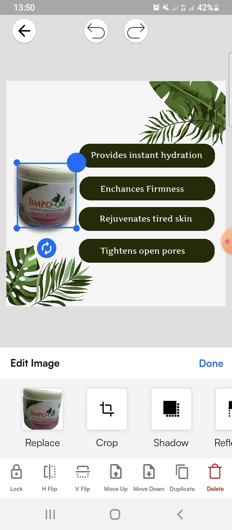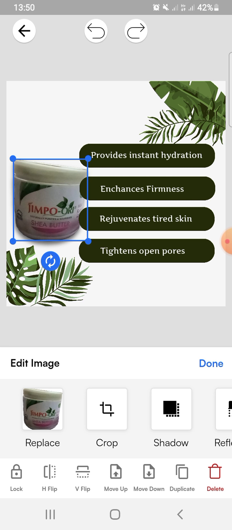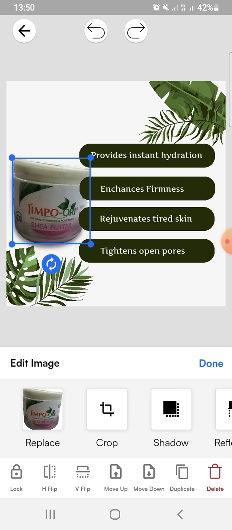So the first thing I'm going to be doing is making this picture a bit bigger. I told you she's trying to teach us one or two things. So now I'm going to